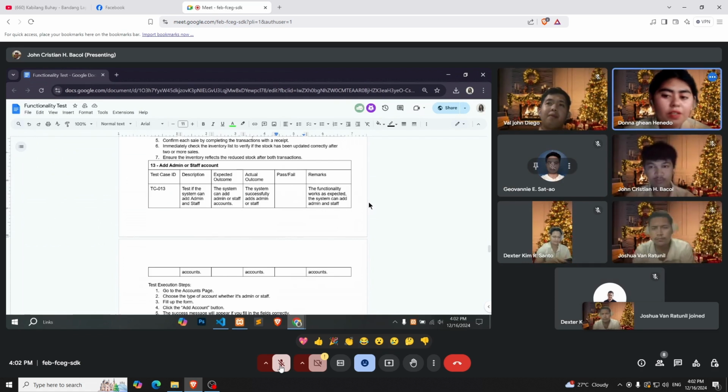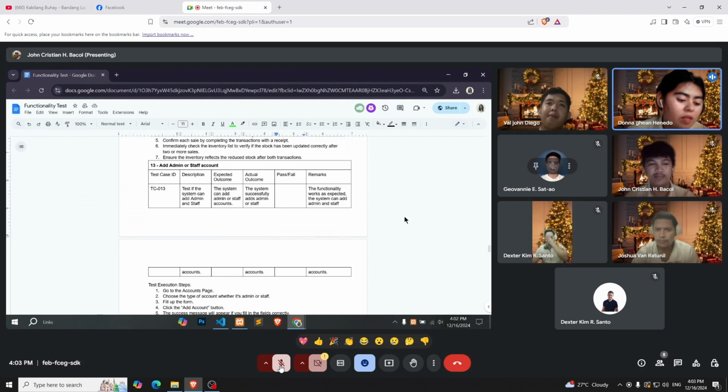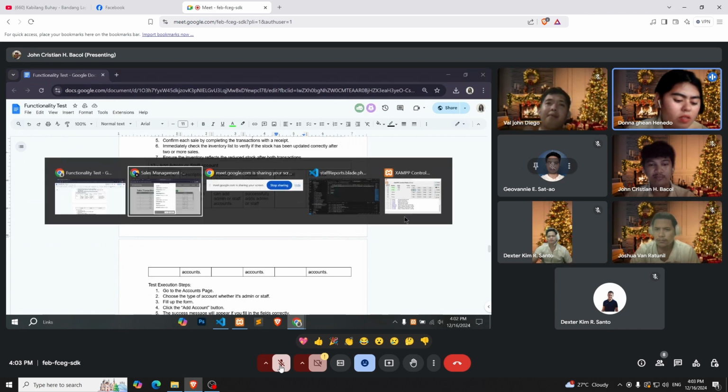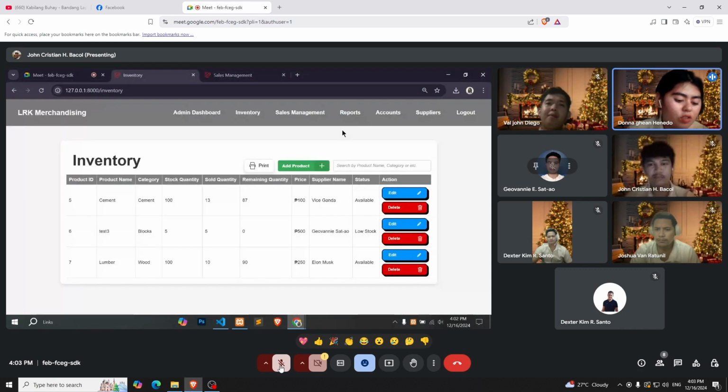13th scenario, add admin or staff account. The description: test if the system can add admin and staff accounts, and the expected outcome: the system can add admin or staff accounts. And these are the test execution steps. Step 1, go to the accounts page.